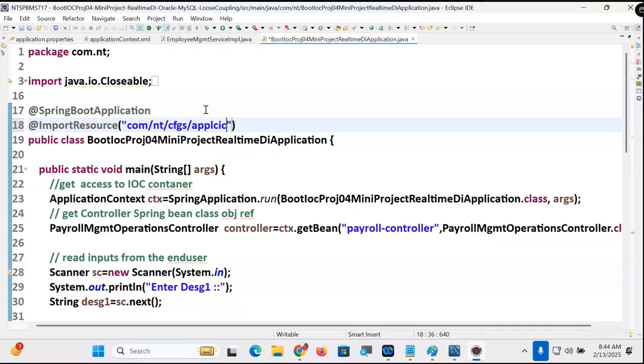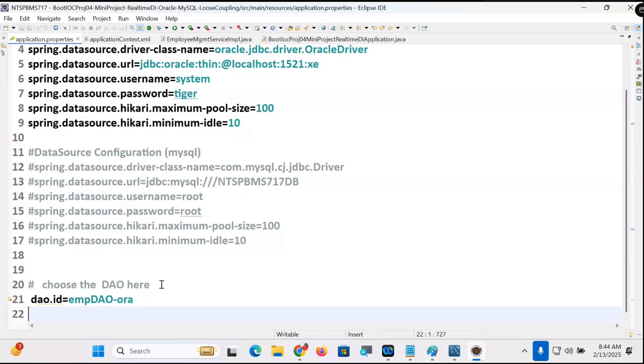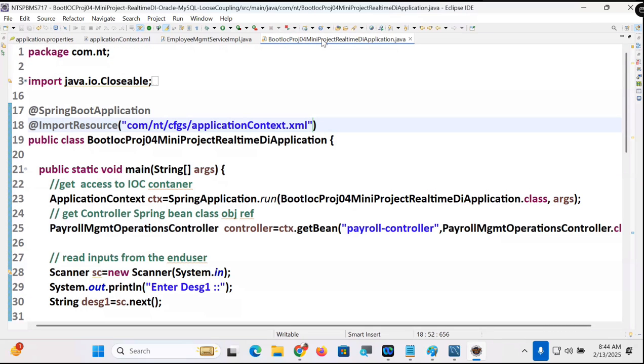Is this applicationContext.xml name fixed, or can you take any name? Any name you can take. It's not like that. applicationContext.xml. So now let's see. Right now in application.properties, what did I enable? Oracle. In the same project, the assignment I am giving to you people is to make it flexible to work with